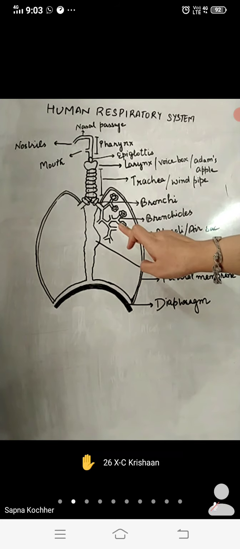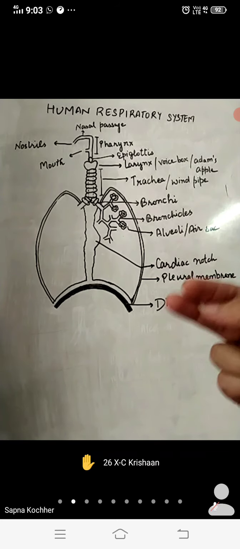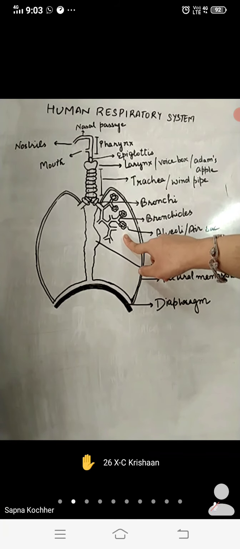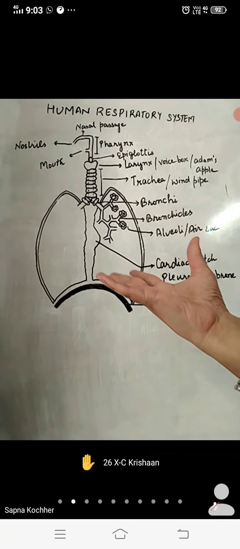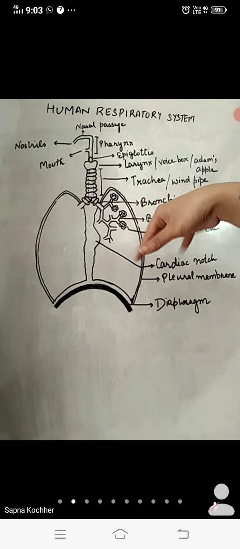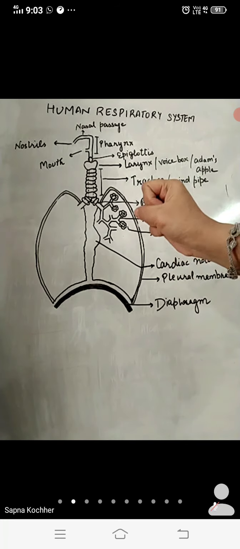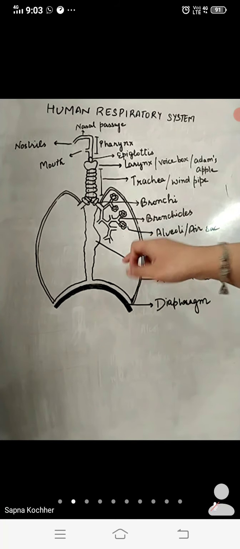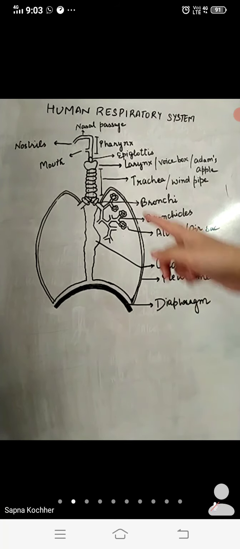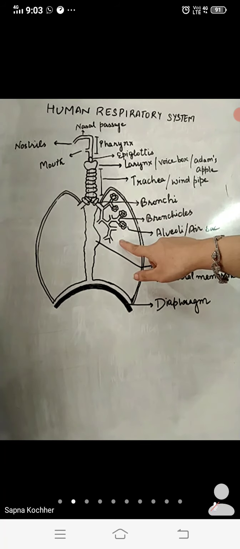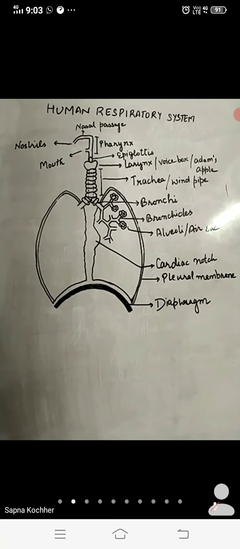Secondly, they also have the maximized surface area. Because of these two features especially, these are the sites of exchange of gases. They have a very large surface area. That is, if you open out one alveolus, that covers nearly 10 square meters of area. Okay, one alveolus, but it is highly entangled and made into a mass of a ball-like structure, and it is fitted there within the lungs. So this is one alveolus that has a maximized surface area. That is why it is the site of exchange of gases. Also, the site of exchange of gases because it is richly supplied by the blood vessels.